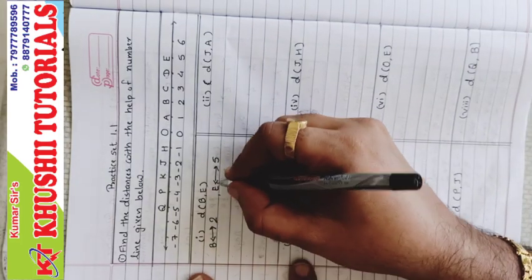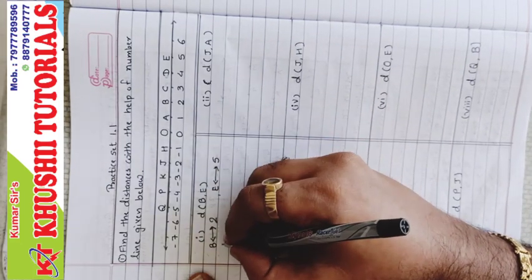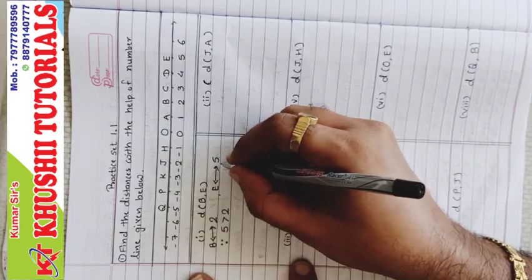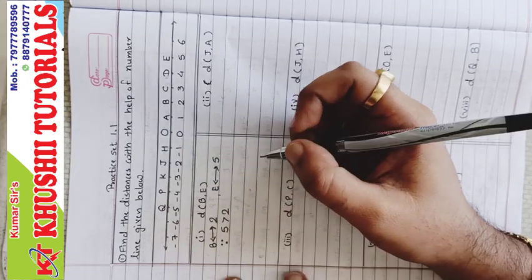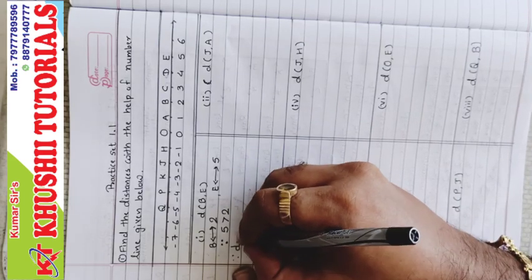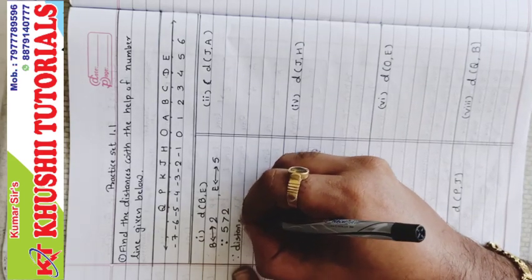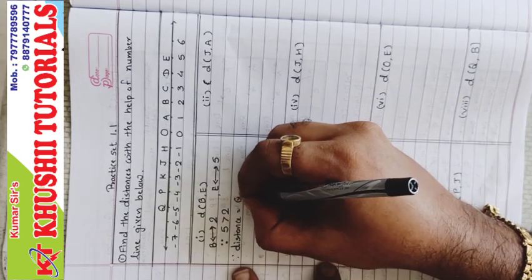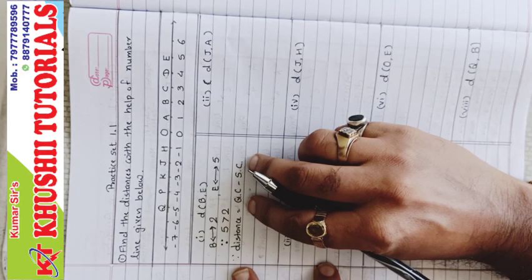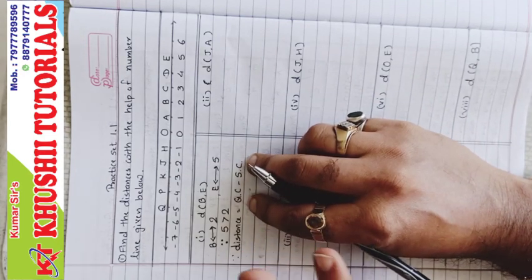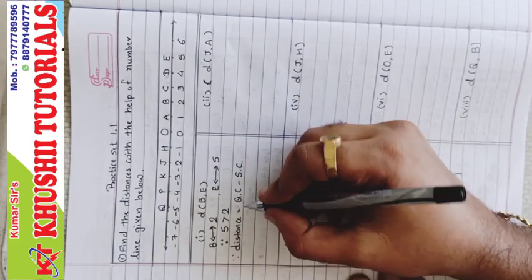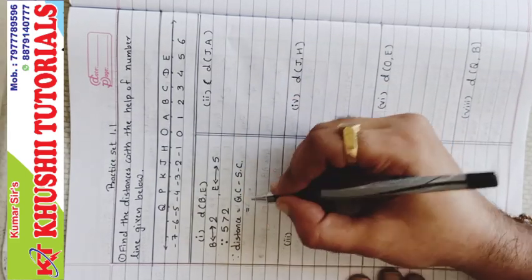Okay, so here 5 is greater than 2, so we have to write since 5 is greater than 2. So we got the greater coordinate and smaller coordinate. Then we will write the formula. Since distance equal to greater coordinate minus smaller coordinate. You don't have to write the short form. For practice it's okay, but in the exam it is compulsory to write the full form. So greater coordinate minus smaller coordinate.